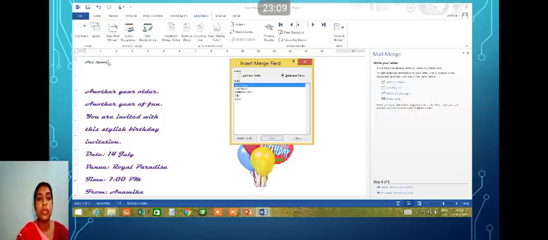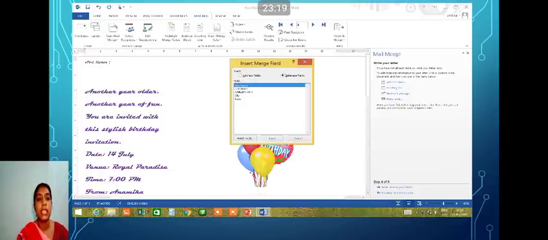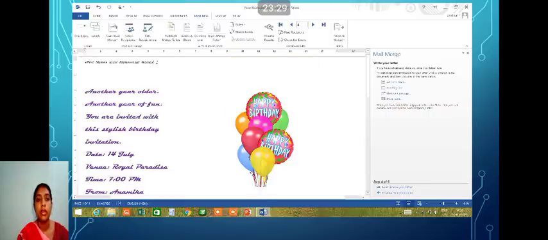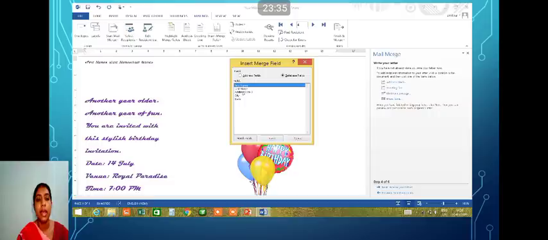Now I want to give some space, so close, and now change the position of your cursor. I have given some space. Now again I have to click on more items. Last name selected, click on insert. Last name is inserted. Now again more items. What was left? Address line 1.